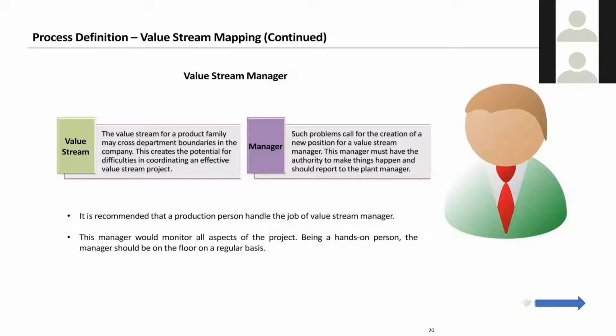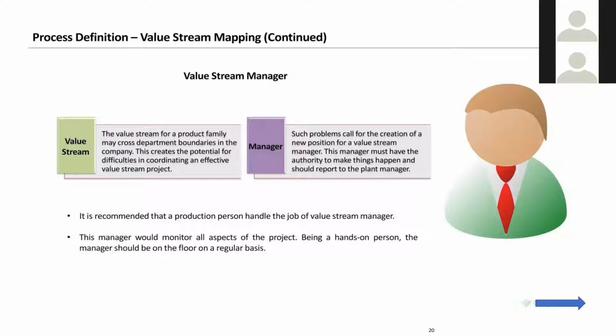When there is a huge factory, a manufacturing unit, a production unit, we suggest that you have somebody who is a value stream manager. The only reason is coordination and giving directions when you must give them. You also need to understand if any production person can handle the job of value stream manager. Sometimes a company will say we cannot afford to have so many people in between. Try and see if you can fit the role somewhere.